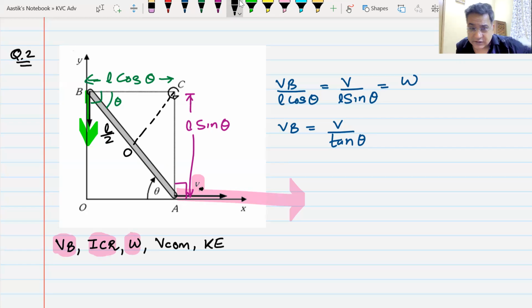So that is one way of finding it out. That is pure maths. I'll leave that to you. I'll show you the other way of doing it. Now, what is the other way of doing it? The other way of doing it is simple